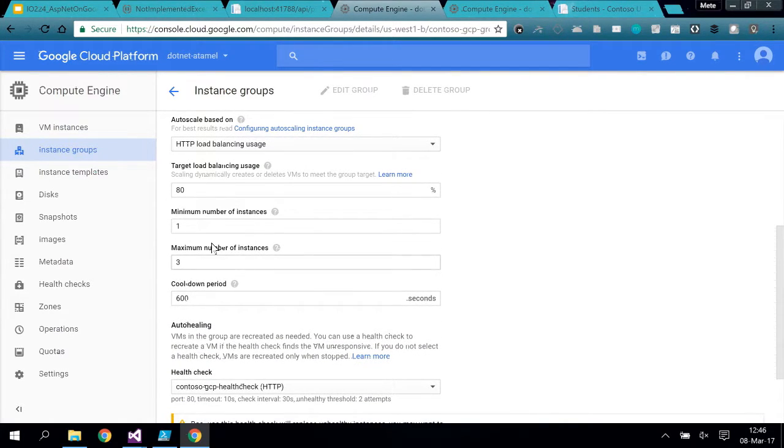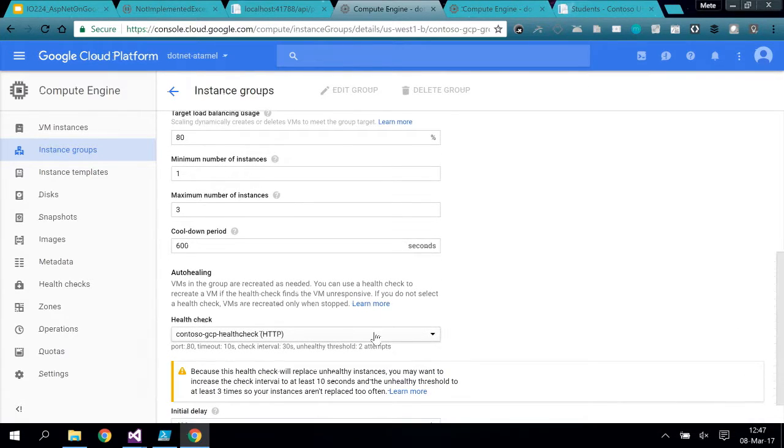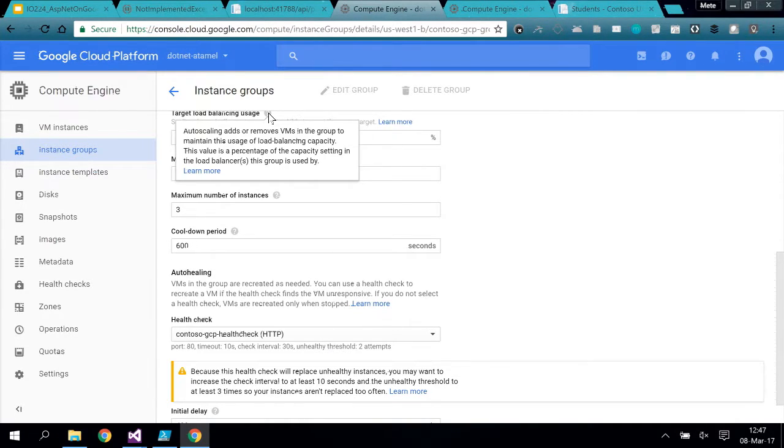I can specify how many instances I want. I will have 1 instance minimum, and for this demo, I set 3 instances, so it will auto-scale to 3 instances, but you can set that to whatever you want. And then it's also using the health check that I defined to make sure that my instances are healthy. With this, I get pretty much everything I want. My application is much more ready for production, and we have all the pieces to make this happen.